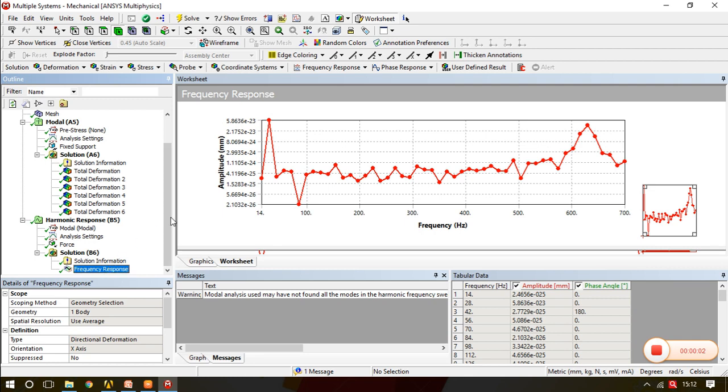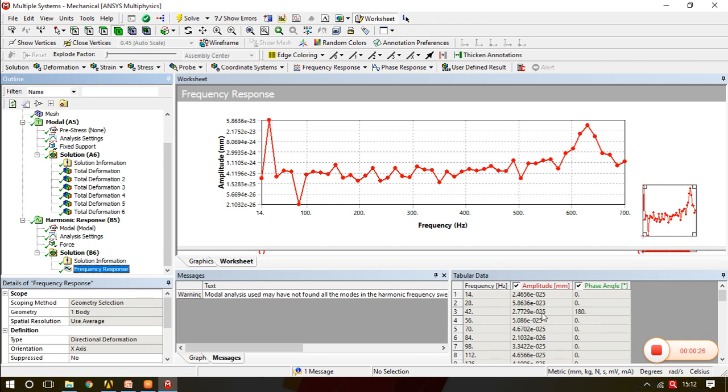Once we get the frequency response, from this particular chart, this particular plot, this is the frequency versus amplitude plot. Now from here you can clearly see that at this frequency we are getting the maximum amplitude. The maximum amplitude means this is the forced vibration which causes this much amplitude at this frequency.